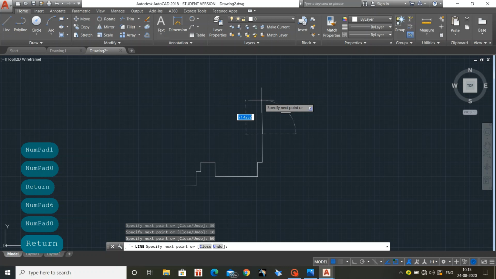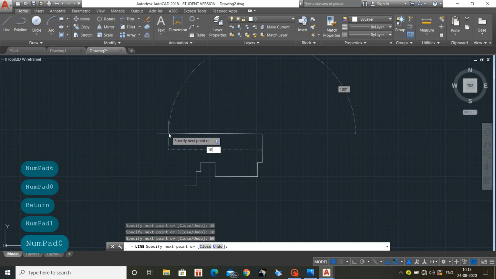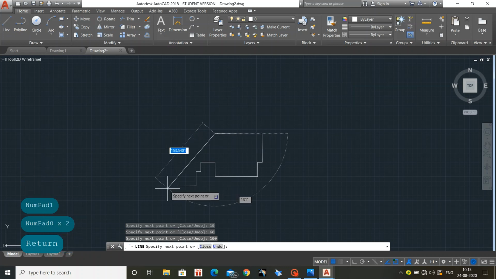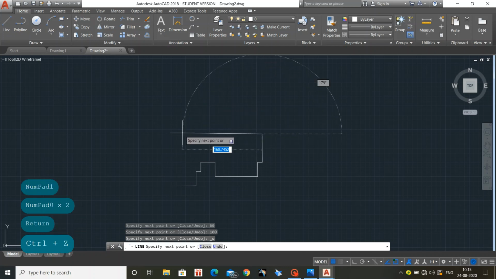But we have raised a height of 30 beneath, so we entered 60, and the total length as mentioned below is 110. Sorry, I have made a mistake. One minute.